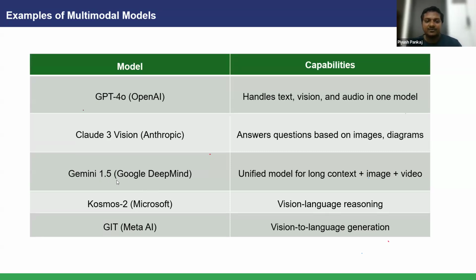Gemini was a unified model for long text, image and video, all. Kosmos was developed by Microsoft. It was a vision language model. Vision means image. GIT from Meta AI was a vision-to-language model, for language translation.